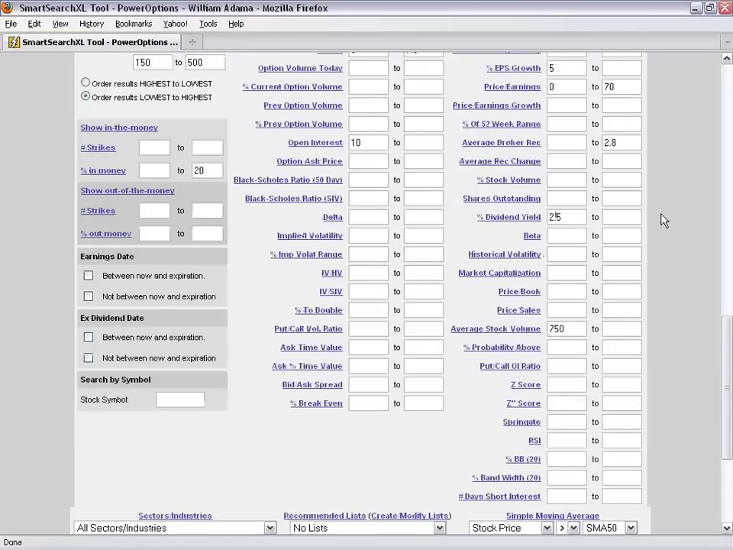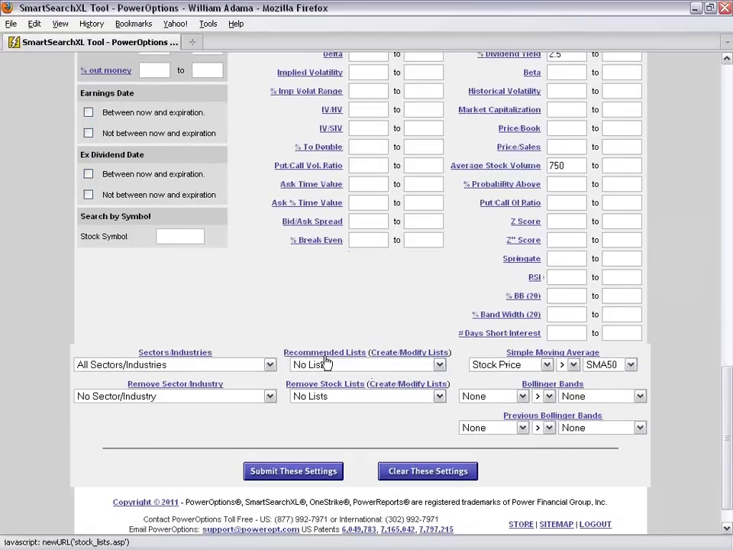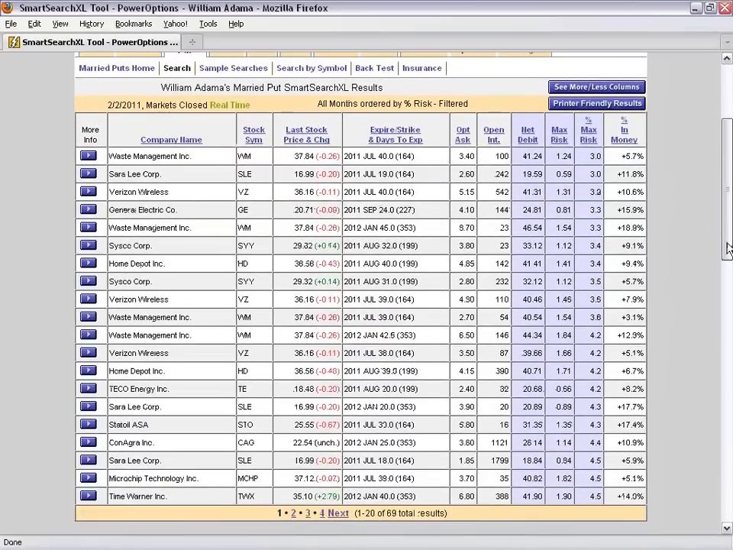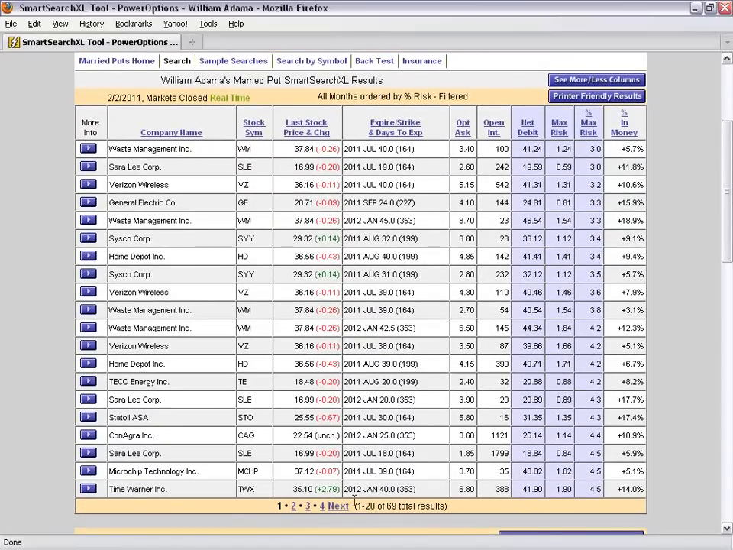All right, so I kept my 3 core principle settings in place, put in some basic liquidity values there for the open interest, and put in some basic other criteria, and I am using no lists here. I'm not restricting it to one of those lists. Let me hit submit these settings, and then of course I have the total list of stocks. Now this page will only show me the first page of 20. Down at the bottom we see that we have about 4 pages of results and a total of 69 results